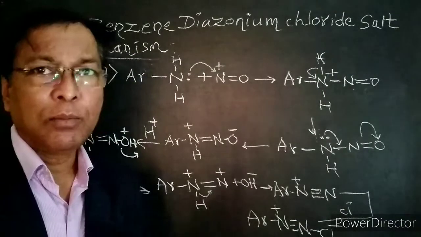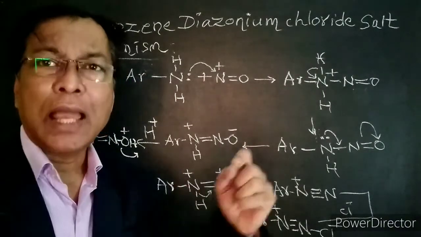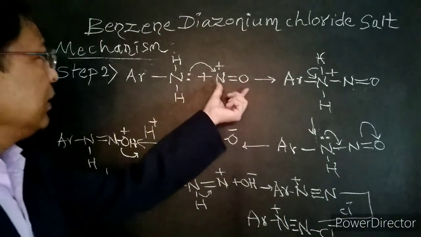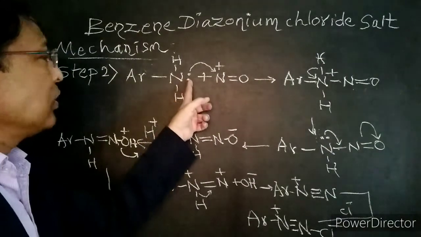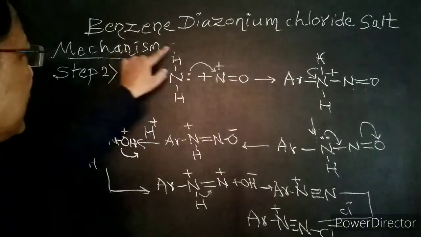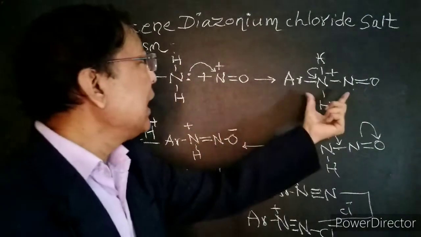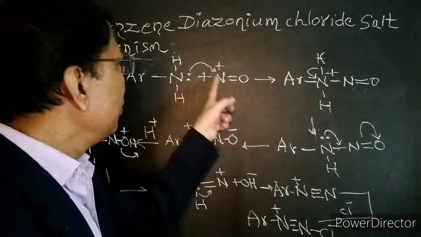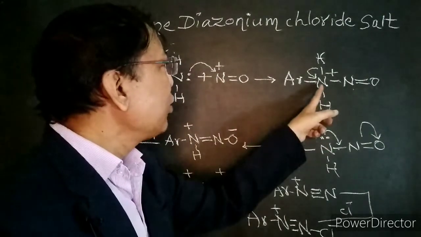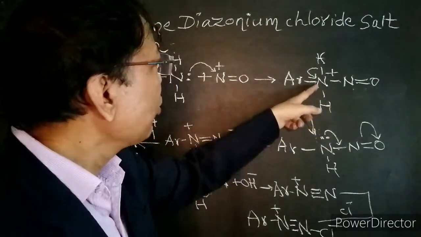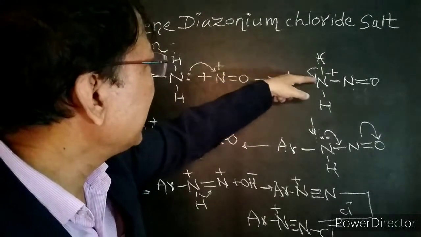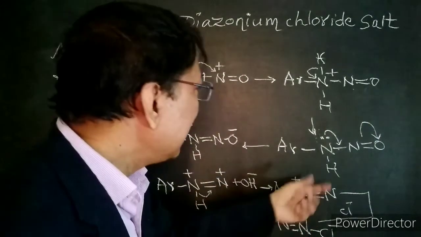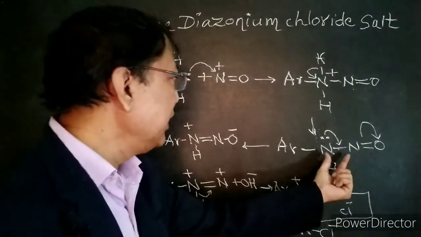I repeat the mechanism once again. In the first step, an electrophile NO plus is generated. In the second step, that electrophile attacks the electron rich center of this aniline. So we get an intermediate like this. As the nitrogen has given its lone pair to this electrophile, nitrogen becomes positive. So nitrogen cannot be positive for a longer period. It withdraws the electron from hydrogen. As the hydrogen is an easy leaving group, then we get a double bond between